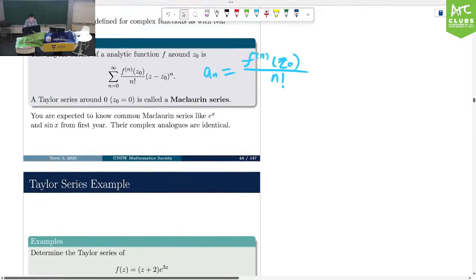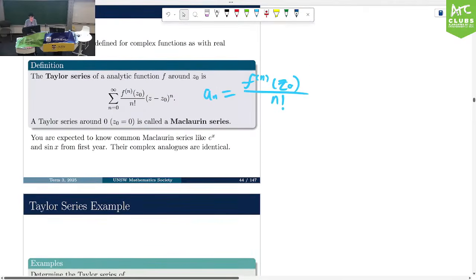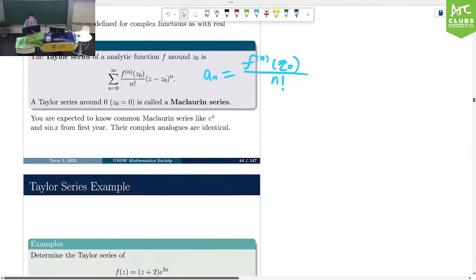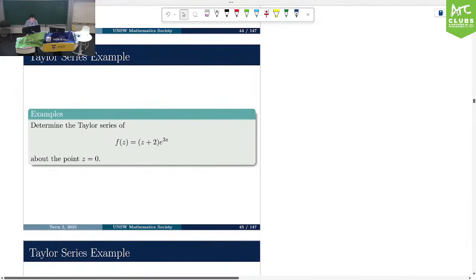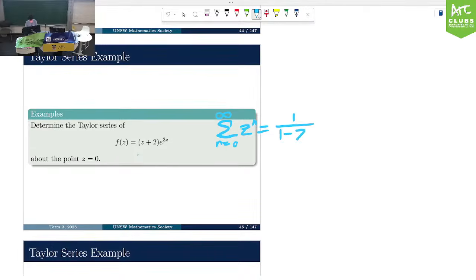To find a Taylor series, we could differentiate every time, right? We could differentiate infinitely many times and chuck it in the formula, but that might not be the best idea. More often than not, we remember the standard power series. The most common ones are the GP, so the sum of z to the power of n equals 1 over 1 minus z,